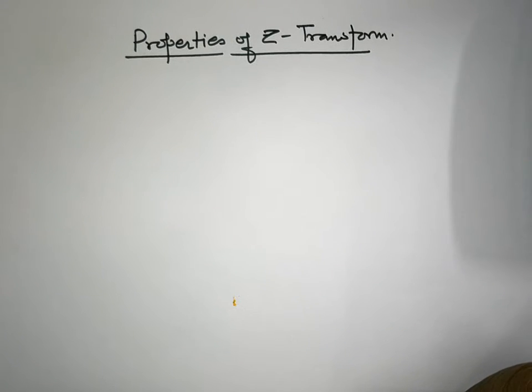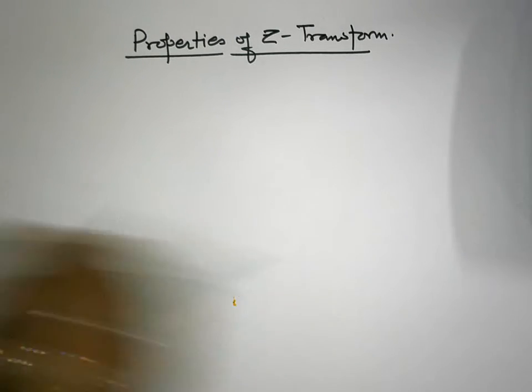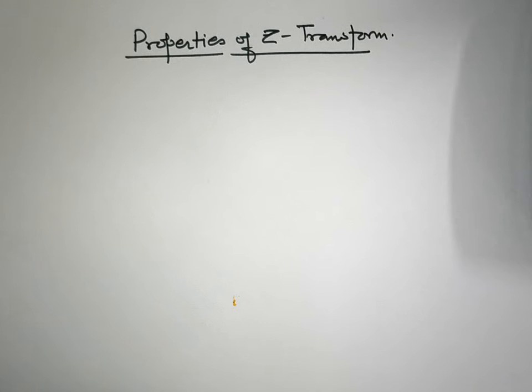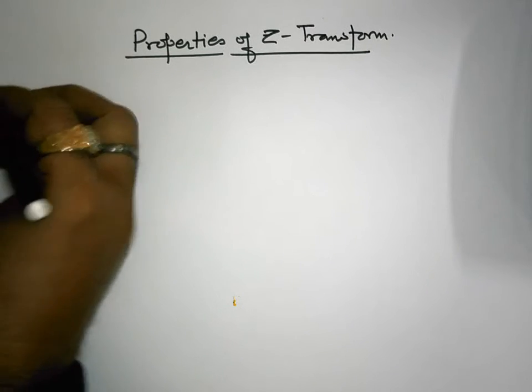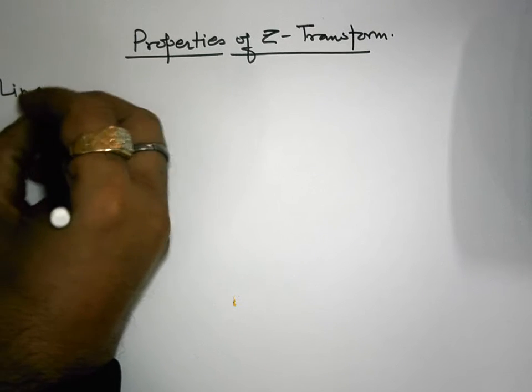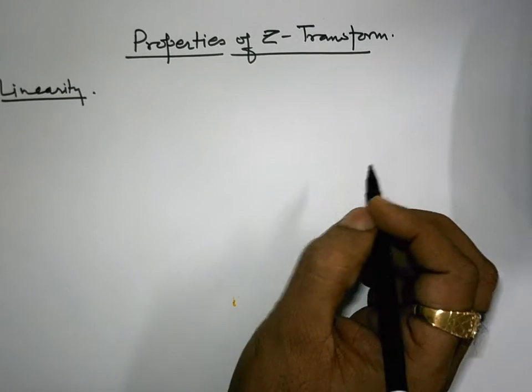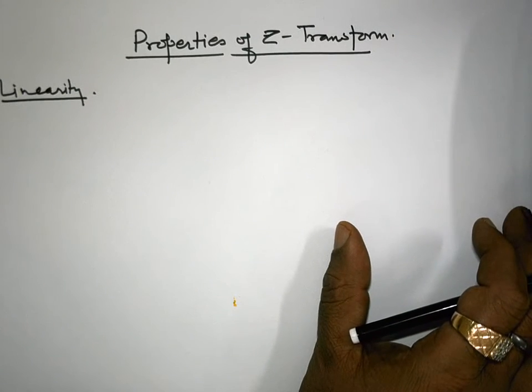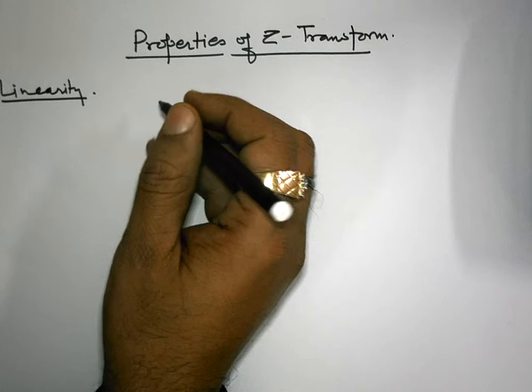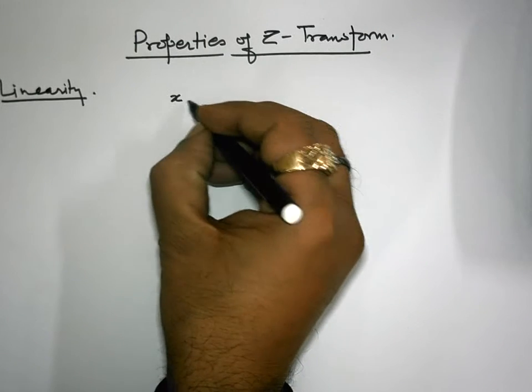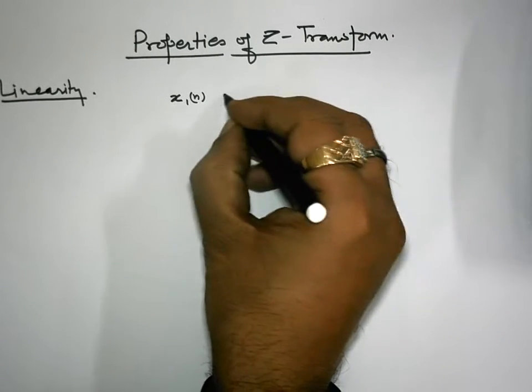So far we have been dealing with the properties of Z transform, and while dealing with the properties we came across the very first property, which is the linearity property of Z transform. This property says that if the Z transform of a signal